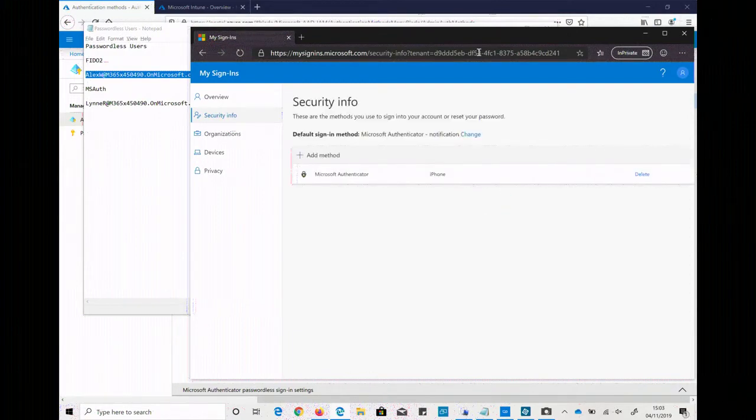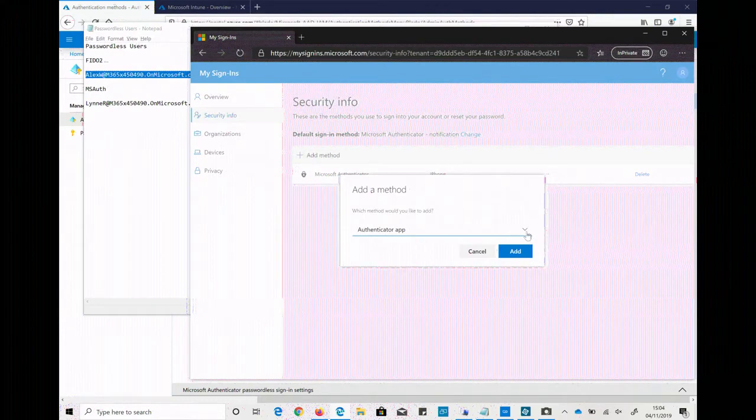So there's my phone authenticator, which I've already added just to do MFA. Okay? I'm going to add a method, and I'm going to choose security key. Security key appears on the drop-down because this user has been added to the FIDO2 group, and the FIDO2 group has been added to the authentication policy. If I wasn't logged in as Alex, then I wouldn't see security key in the drop-down. Okay, so we'll click Add,